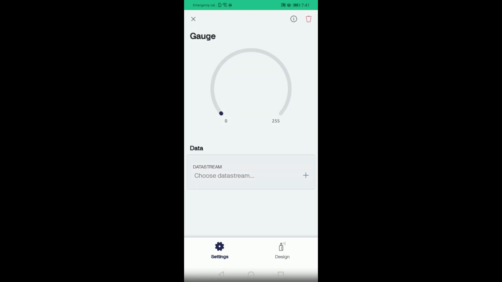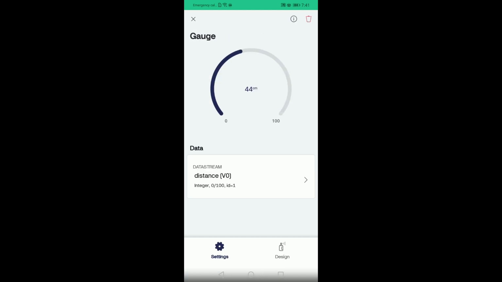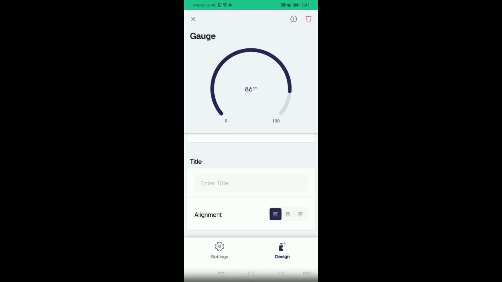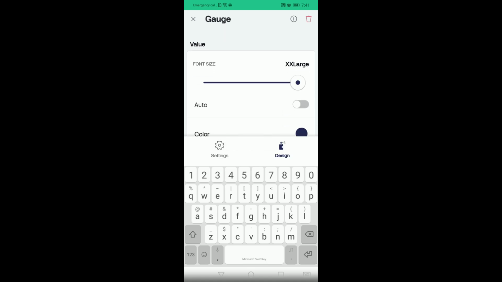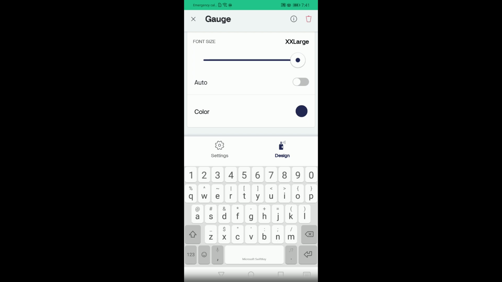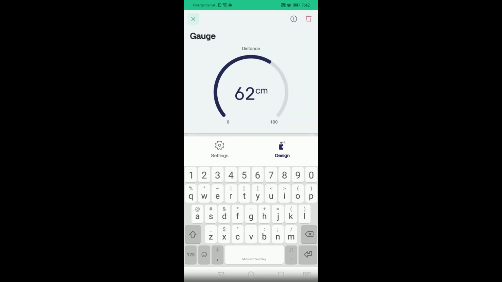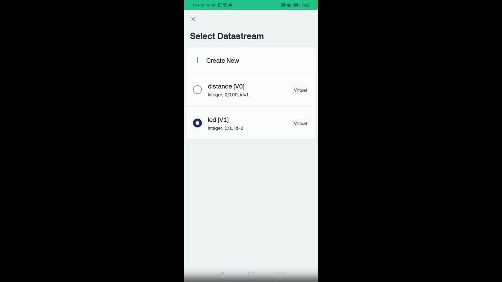Link the gauge to the corresponding virtual pin. In the design section, you can give a name and adjust the size of the text. In a similar way, link the virtual pin with the button.